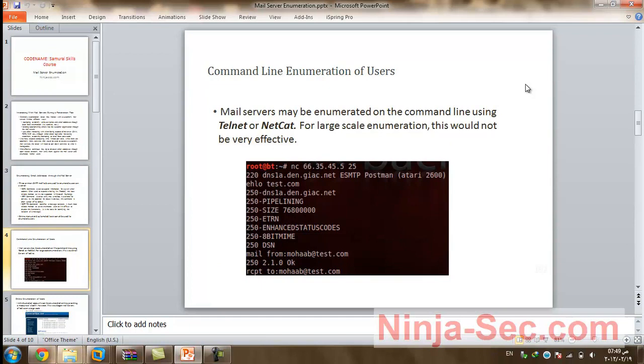Let's take a look at a command line enumeration of users. Mail servers can be enumerated on the command line using telnet or netcat. For large-scale enumeration, this would not be very effective. Let's try to